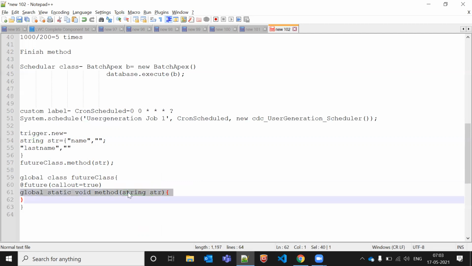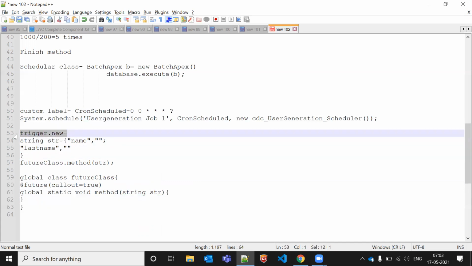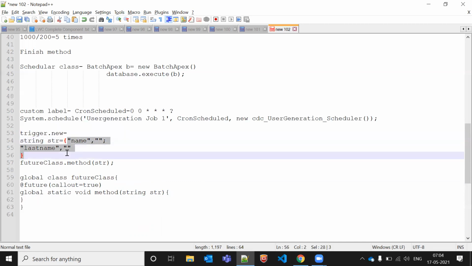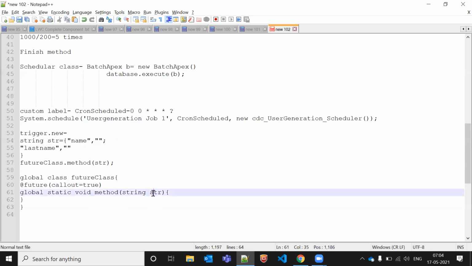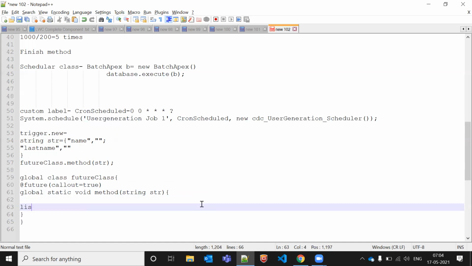Okay, you got it or not? What we are doing here is converting the list of new records, the sObjects, account and contact records, into JSON format. We are converting it into a string format. That string we are passing here, because we cannot directly pass the sObject here. To overcome this issue, we serialize here and deserialize here, so we'll get a list of account. Let's say we are discussing about account.